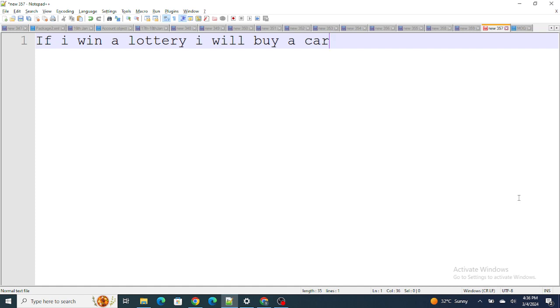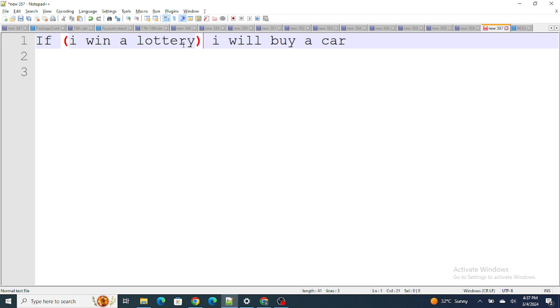Now in the logical terms, in Salesforce or in the coding terms, even if it is in Java or any other coding terms, this can be written as a condition, right? If I win a lottery, this is a condition: if I'm going to win a lottery, only then I'm going to buy a car, right? This is a consequence. If this condition becomes true, what I'm going to do is go ahead and buy a car. So here this is a condition,